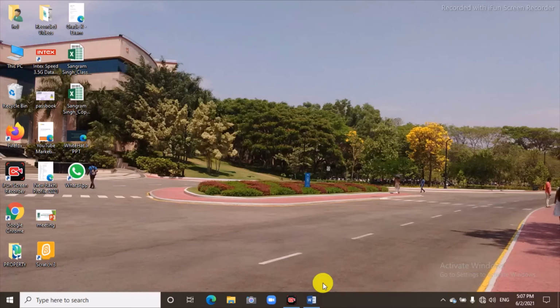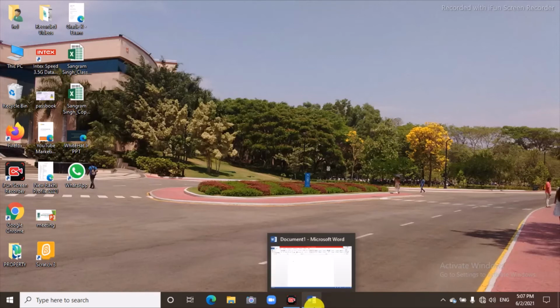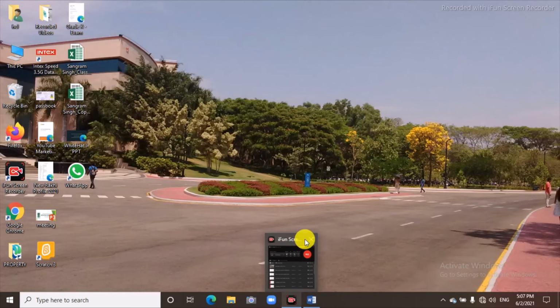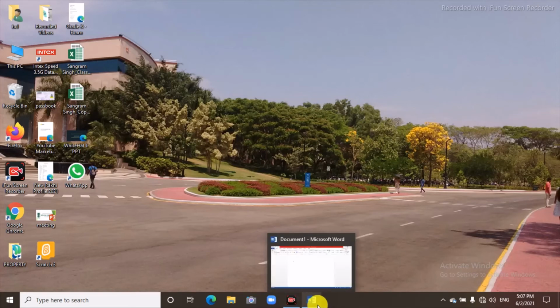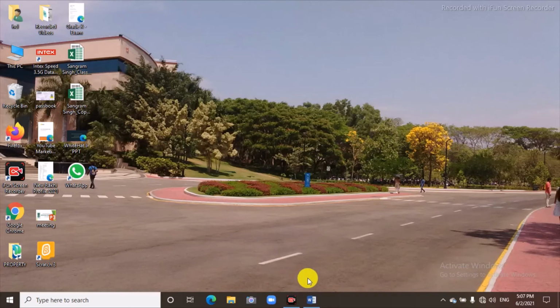So when a program is active, let's say this program is active and this program is active, below that you can see a lighter shade with a bar. Under this icon there is a bar, and under this icon also there is a bar. It means these two icons are active now. So all this is about the middle section of your taskbar.